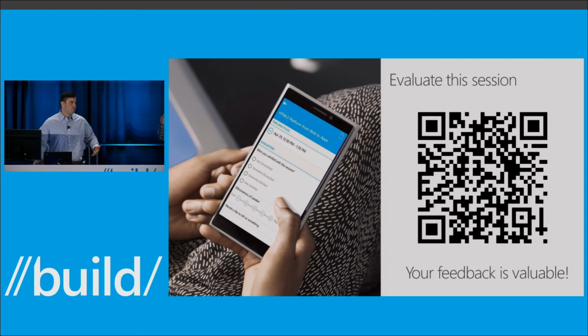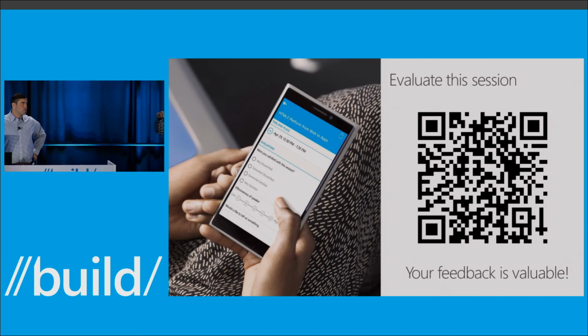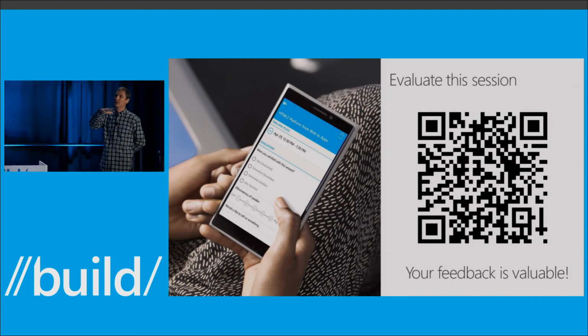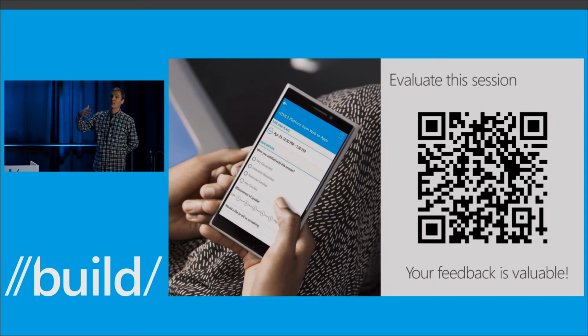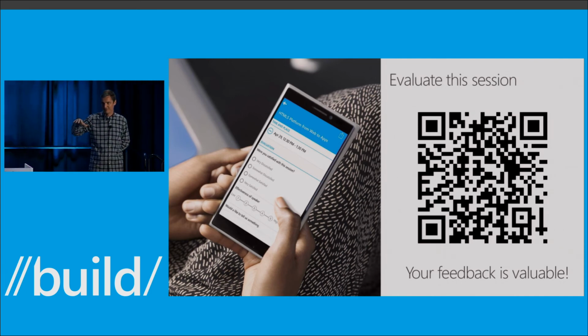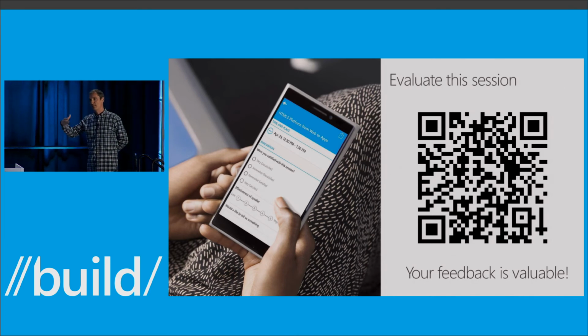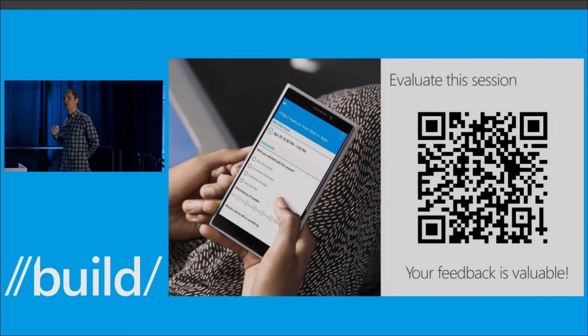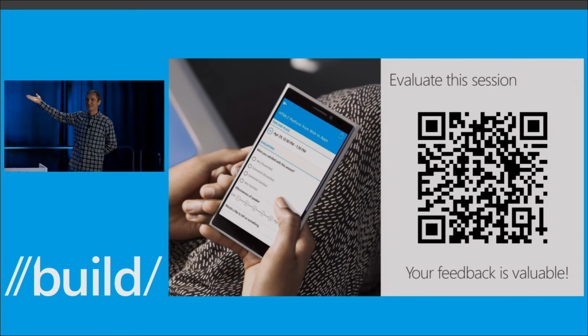Okay, so let me try to repeat the question to make sure I understood. I think you want to know if you can respond to a user and at the same time use that as a vehicle to promote some of your other apps. Exactly. We have specific guidance on how you can use the respond to review feature, and this is something that we're not letting you do at this point. You can always promote a new update to the app that fixes an existing issue. It's about providing meaningful information to the user at that point. It would be great, but it's not a marketing vehicle for your other apps. There are other ways, which we've shown you, that you can use for that. Now, your second question.